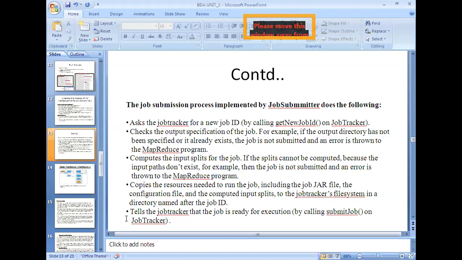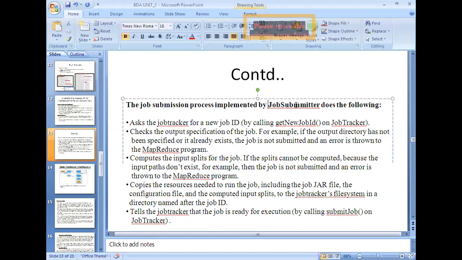Okay, and it tells the job tracker that the job is ready for execution by calling the submitJob method on the job tracker. So these are the steps done by the job submitter.